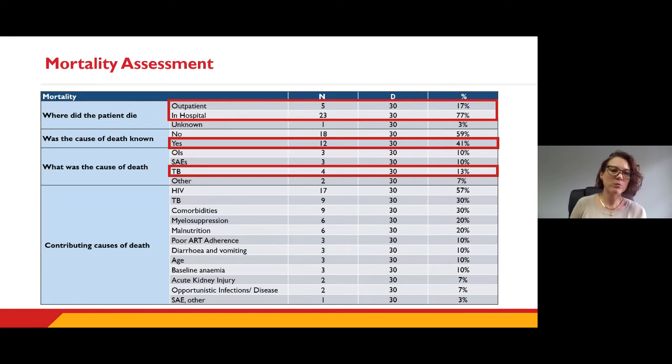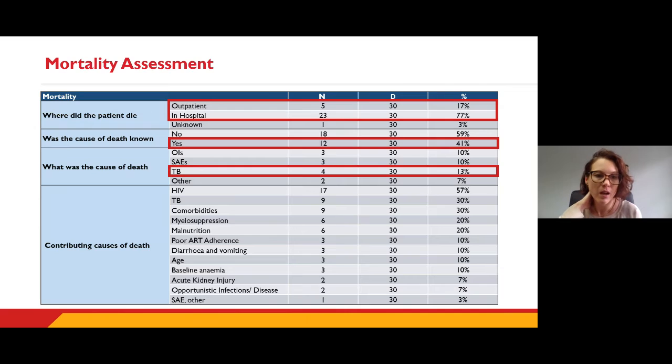And then the final part was the mortality assessment. Here we found that most people died in hospital. Most people were inpatients at the time that they died, with 23 out of the 30 being inpatients, so 77%. But there were still those that had died as outpatients, where we know much less about the circumstances surrounding